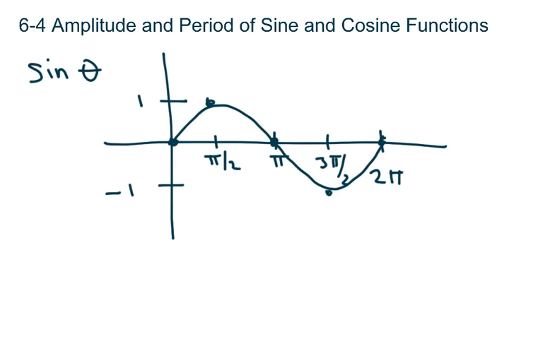In the last section, we just dealt with the general sine and cosine curves. Remember, this is just one period of the graph. You need to know that even though we don't show it, the graph continues on in both directions. Well, now we're going to start making some changes to the graph, and I'm going to compare it to something